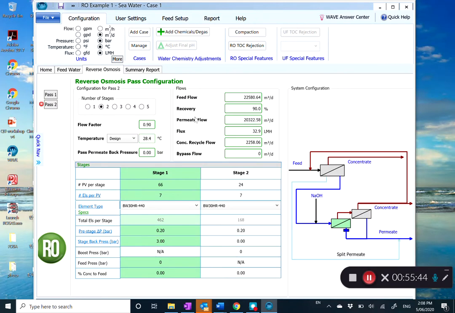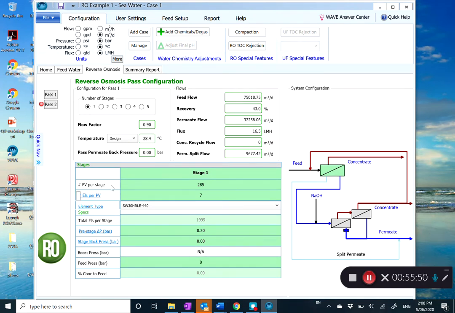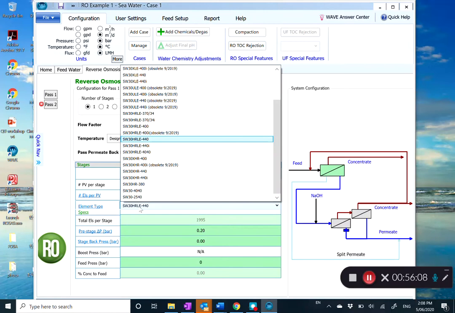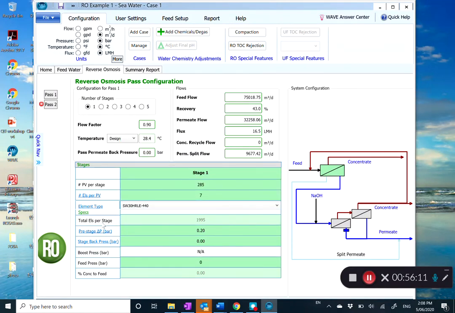So you can see when you see the first pass, we need 75,000 cubic meter per day, 43% of the recovery. So we need 285 pressure vessels. One vessel has 7 elements, and we select our SWHL high rejection membrane, and then total membrane element, number of the total elements is almost 2,000 elements required. And then stage delta P and the back pressure here,